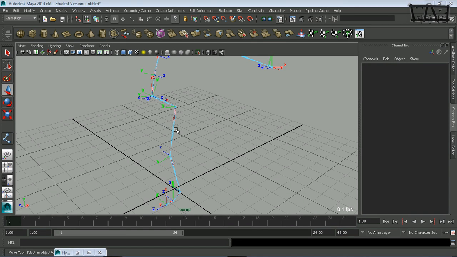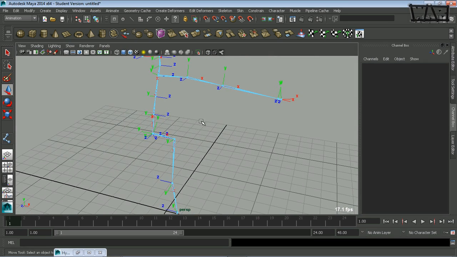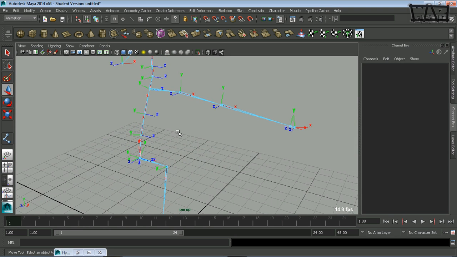Okay, so let's go over rotation orders. This is rotation orders and gimbal lock. I'll do my best to explain this in a very short period of time, but it's maybe one of the more difficult ones. The good news is